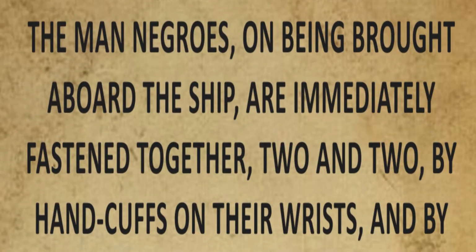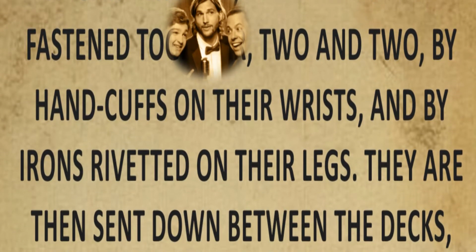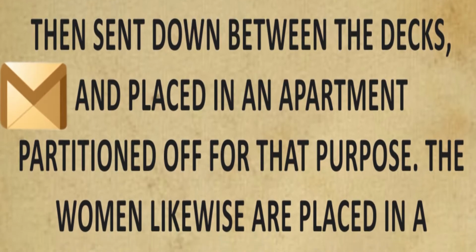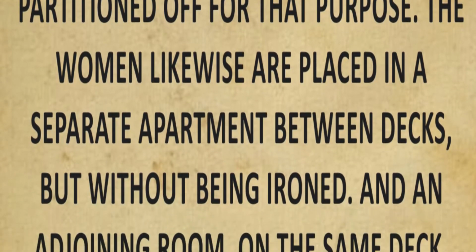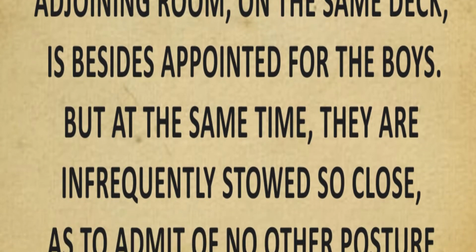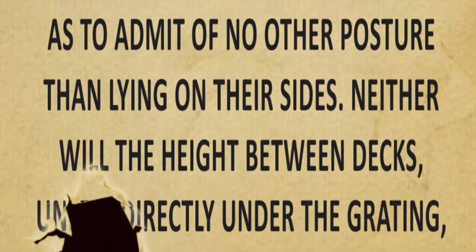The men Negroes, on being brought aboard the ship, are immediately fastened together, two and two, by handcuffs on their wrists and by irons riveted on their legs. They are then sent down between the decks and placed in an apartment partitioned off for that purpose. The women, likewise, are placed in a separate apartment between decks, but without being ironed. And the adjoining room on the same deck is besides appointed for the boys. But at the same time, they are infrequently stowed so close as to admit no other posture than lying on their sides. Neither will their height between decks...